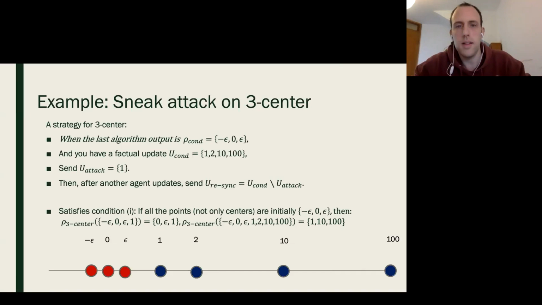And what we say is that in this case, if you see the factual update 1, 2, 10, and 100, then you know with certainty that the algorithm output after you send it is going to be 1, 10, and 100,